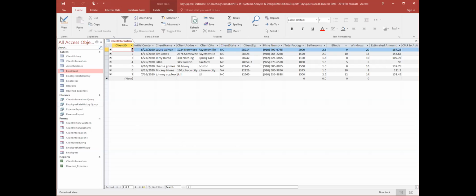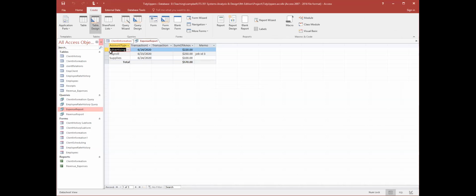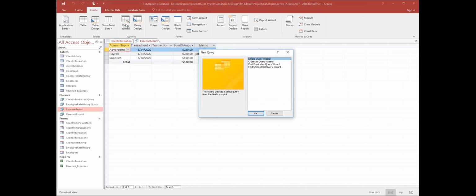All right. So did y'all understand about queries? I did not. Okay. Well, let me show you a quick query that I made. This is one to do an expense report. So I want it to start from 06/01/2020 to 06/30/2020. And it's going to come up and show me all my expenses as well as my total. How did I do this? Stay with the queries, the wizards. So you could do a simple query,